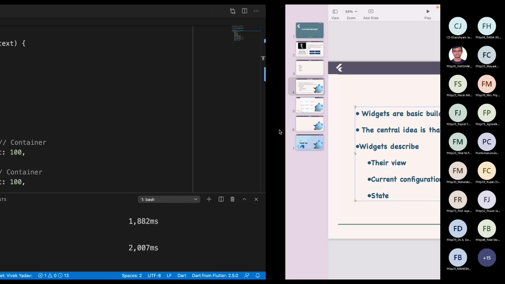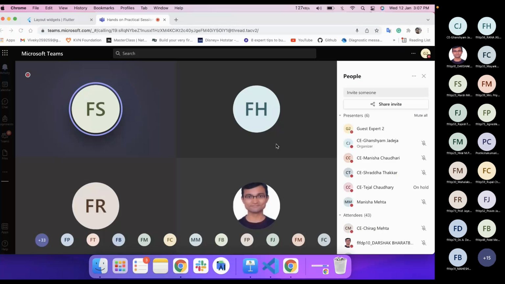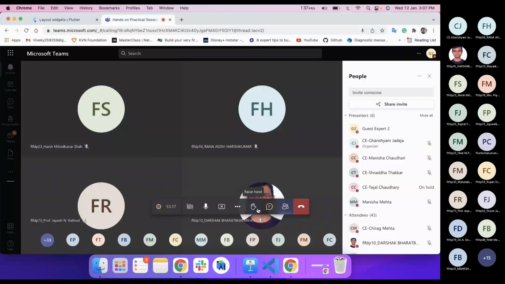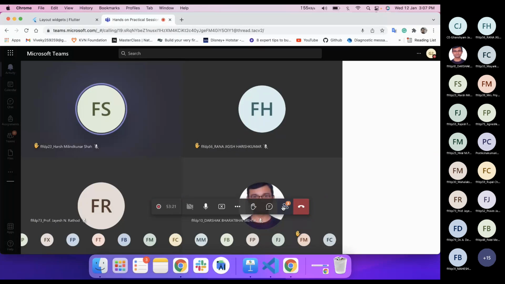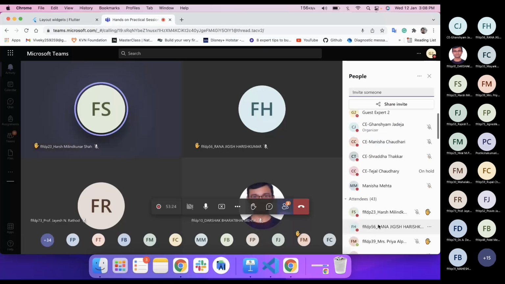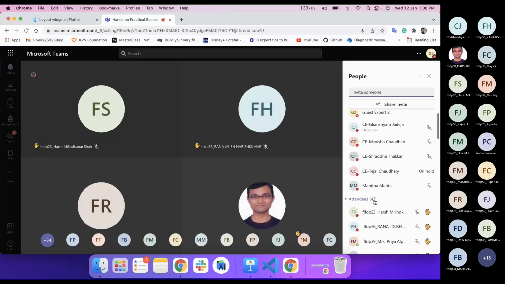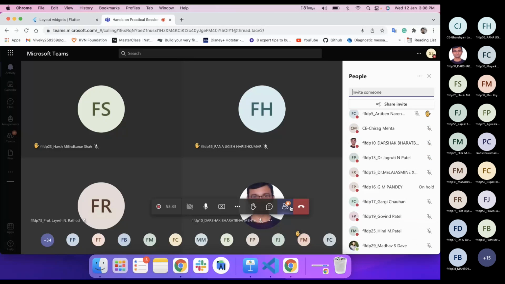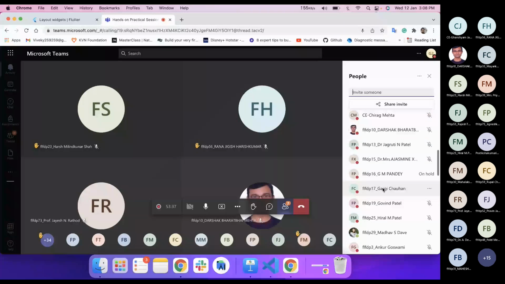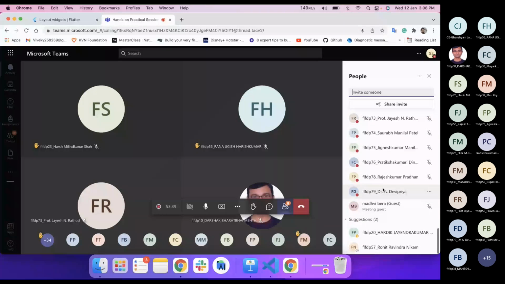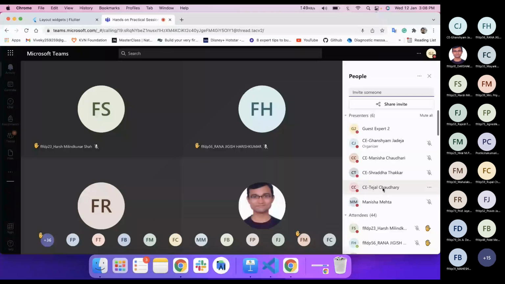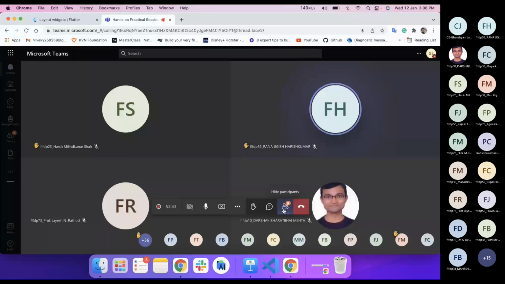How many raised hands can I see? I cannot see any raised hand. I guess someone has raised a hand. Can I see raised hands equal to 43? If we are not making 43, that's perfectly fine.